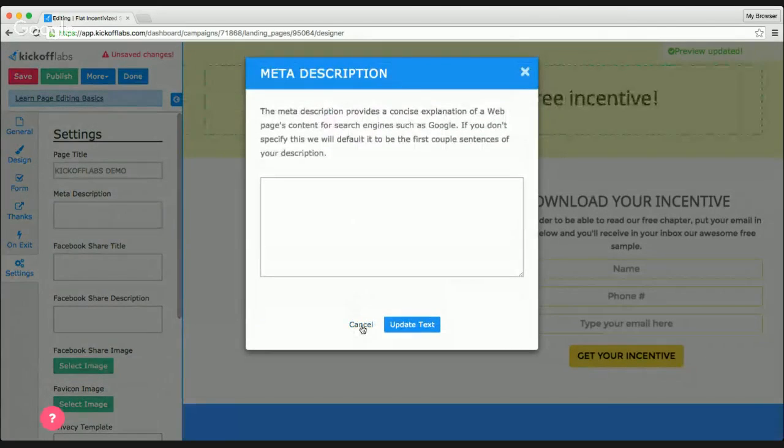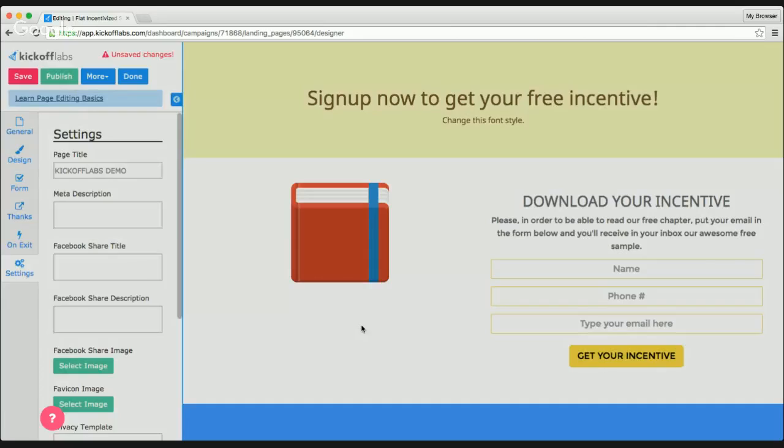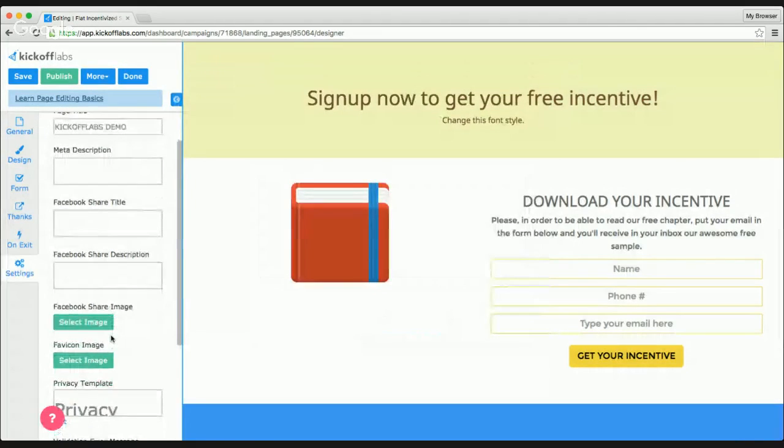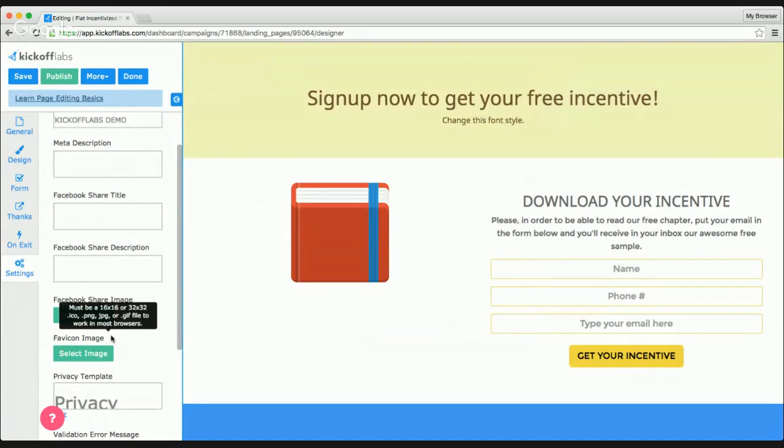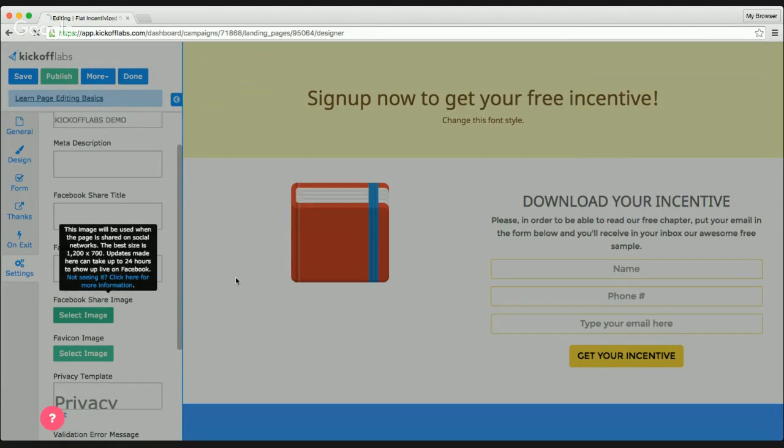But usually for landing pages, it's not really that important. Google takes about 2 to 3 to 4 weeks to actually read pages. So I mean, it is important that you place your title, your meta description, your Facebook share, all this good stuff. Make sure you place it because that's what's going to be shared when people share it on social networks, it'll grab the Facebook share, it'll grab the meta description, the Facebook share image. So make sure that you do place all this,